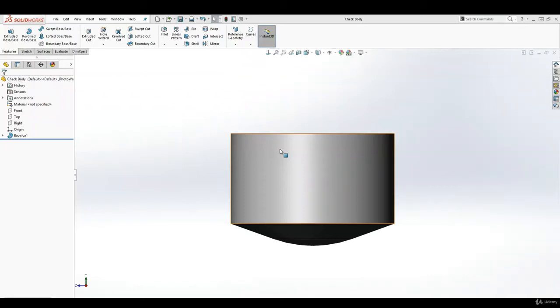Hello, welcome back. In this lecture we are going to be learning the extrude boss feature right here. One thing I forgot to mention in the last lecture is that the next lecture is going to be building on the previous lecture